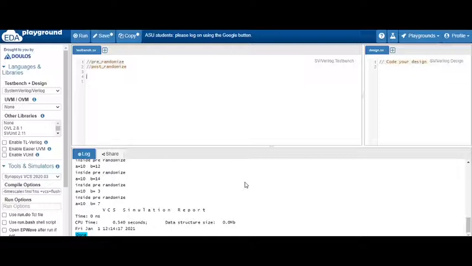Okay, so let's start by revising our concepts first. We have already discussed in our first video how we do randomization, so let's do this again. First declare one class. I'm going to make a separate video on class, why we use class and why not module, so don't worry, that video is going to come soon. For now just remember that you have to write this in a class. So class, the name is, suppose again, VLSI chaps, then declare two variables, variable 1 and variable 2. It's up to you, I am declaring two variables.